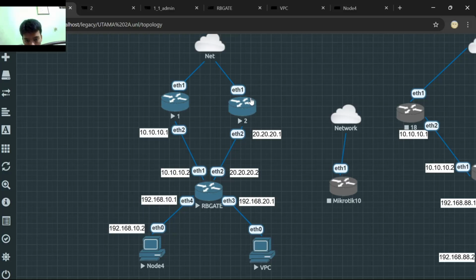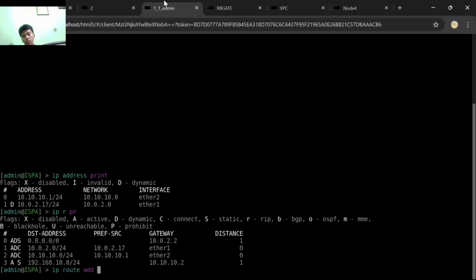If the packet goes to SPB, then in SPB we must add the IP route to the sender, to PCB. For what? This is so they can communicate correctly, with no timeout.